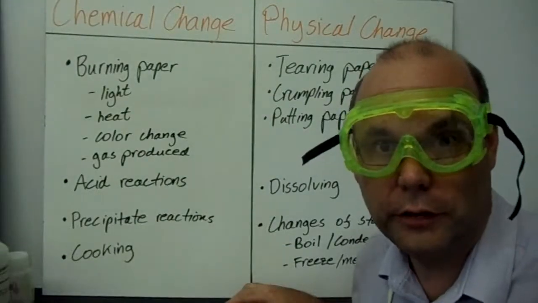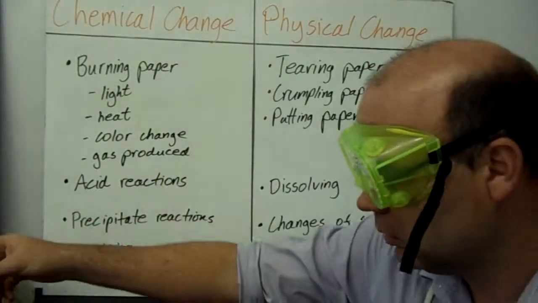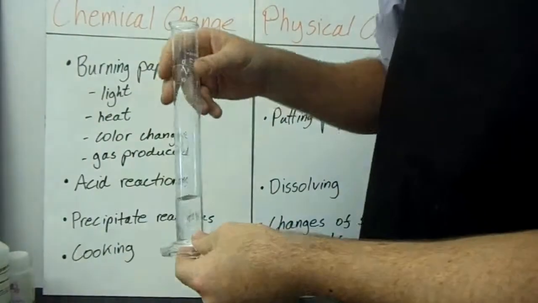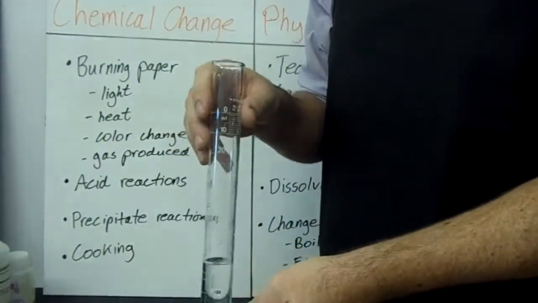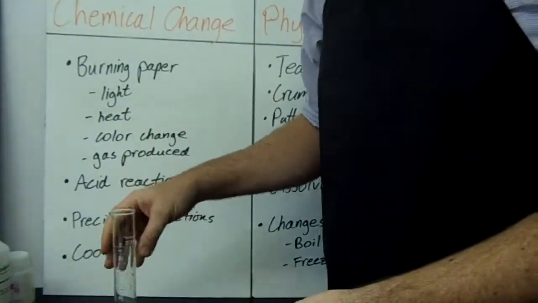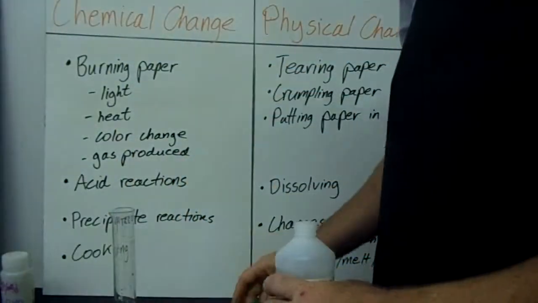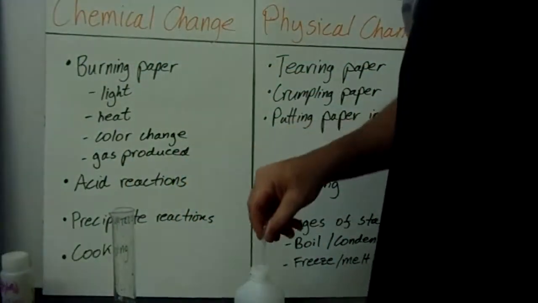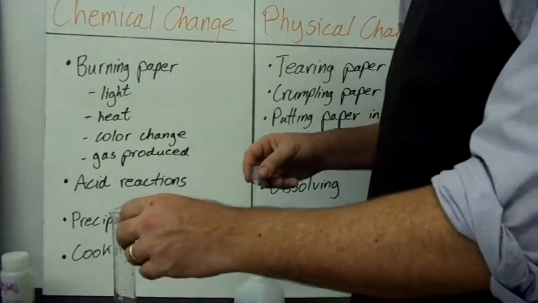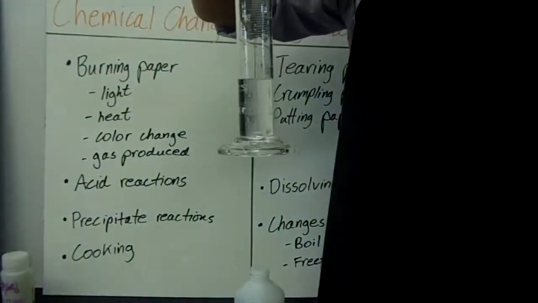Here's a rerun of the precipitate reaction. So this is my sodium iodide, and this is my lead nitrate. They're both solutions. You can see they're both clear, but if I take some lead nitrate and drop it in here,